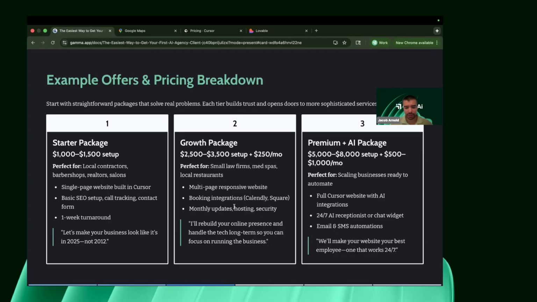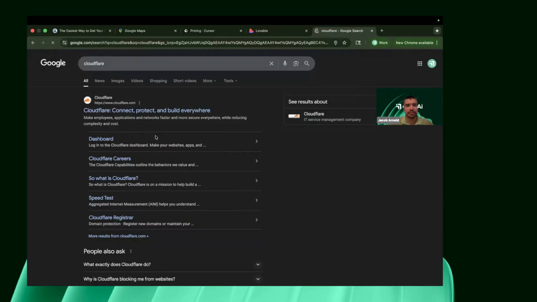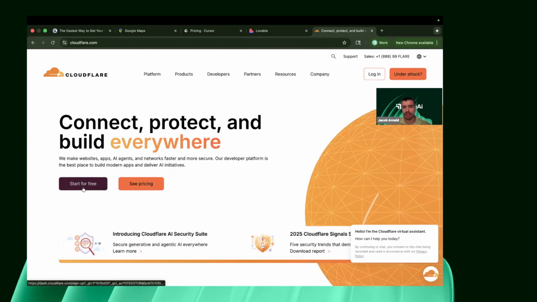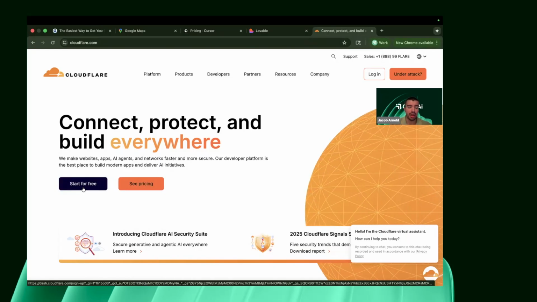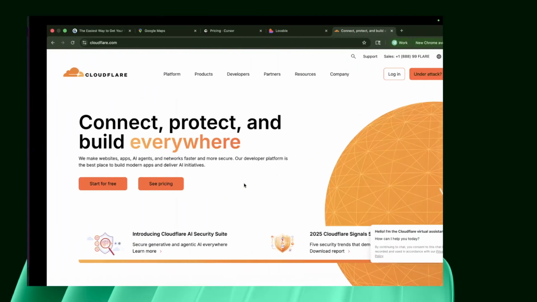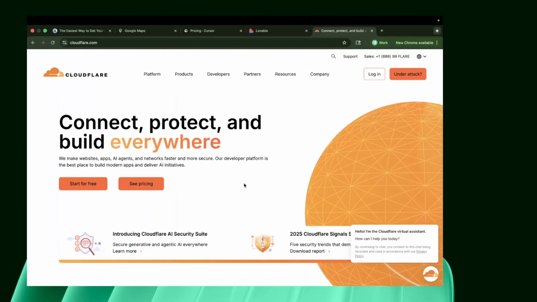If you guys aren't familiar, Cloudflare is where, if you're hosting your own website or you just want to build a website for your agency, you can do that too. You're going to go on here. It's completely free. If you buy a domain on GoDaddy, you then have to change the name servers on it. If you don't know what I'm saying, please ask a question. I know I'm getting a little in the weeds here, but go ahead and check out the name servers on GoDaddy. It's in the DNS section. You just change them to usually some name that Cloudflare gives you, and you can